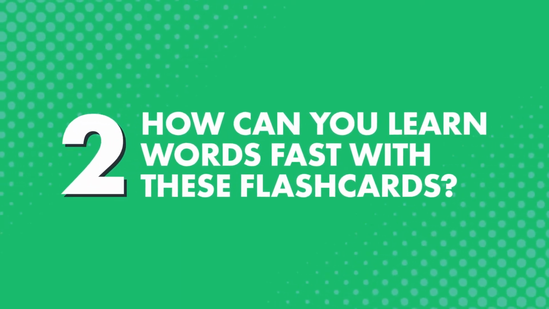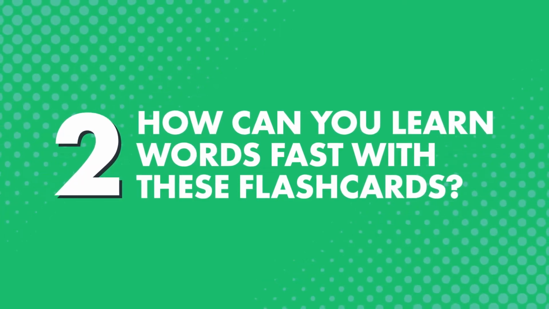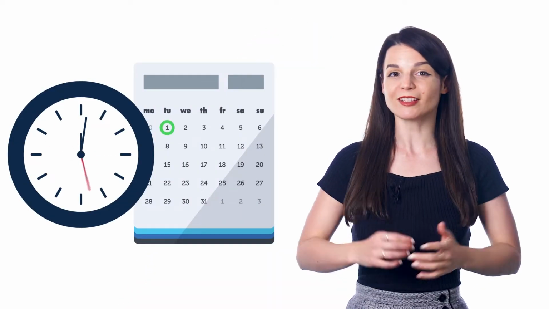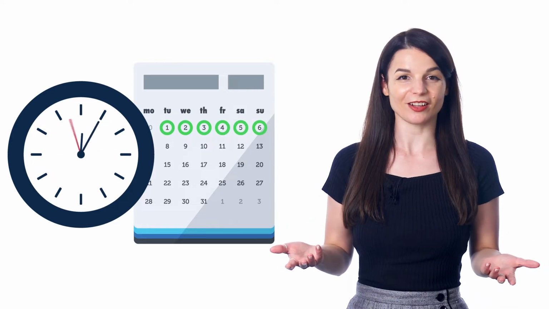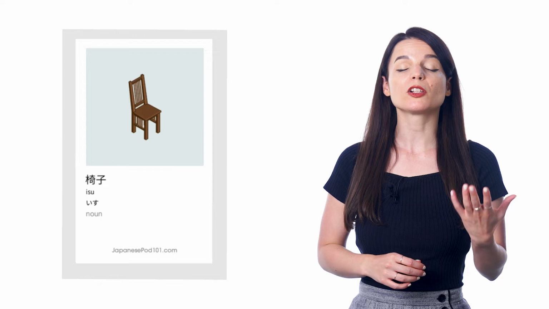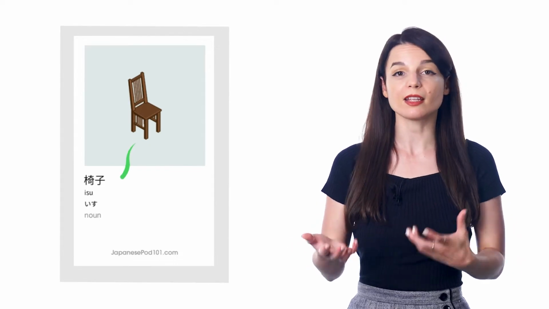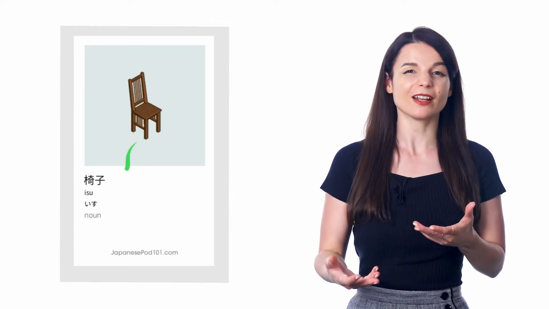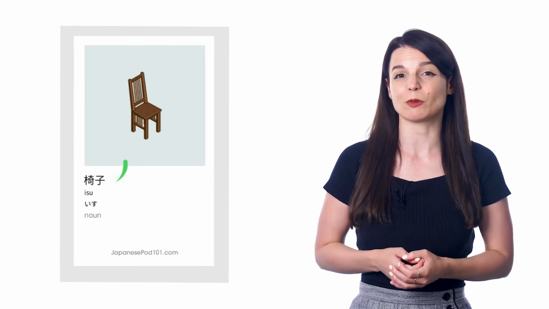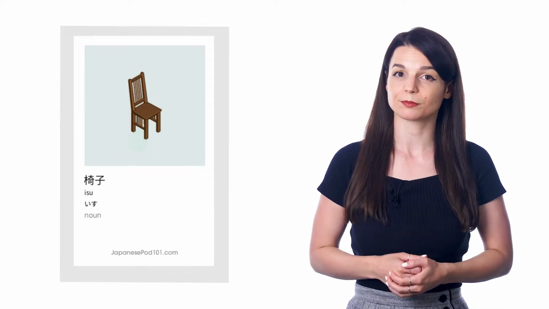Now, how can you learn words fast with these flashcards? The best way to learn anything is not to cram or memorize for hours a day, but to go through and review the words for just a few minutes a day, every day. That repetition is what locks the language into your memory, and eventually you'll get used to the words like it's your own native language. Also, all flashcards include an image for each word, so your brain can easily create a connection between the image and the word and help you remember it better, instead of just relying on text, as is the case with most digital flashcards and word lists.